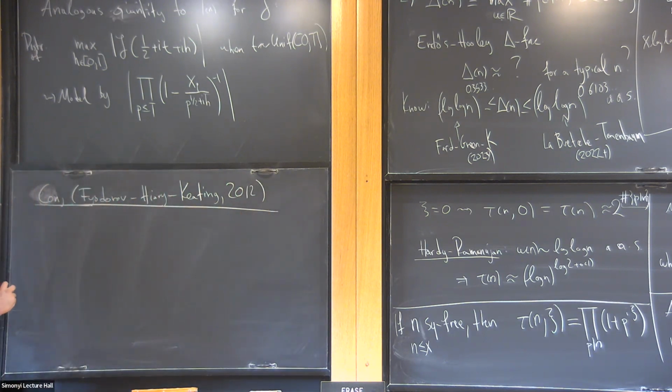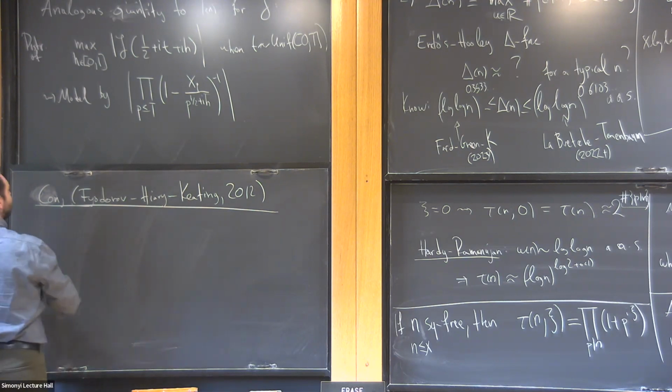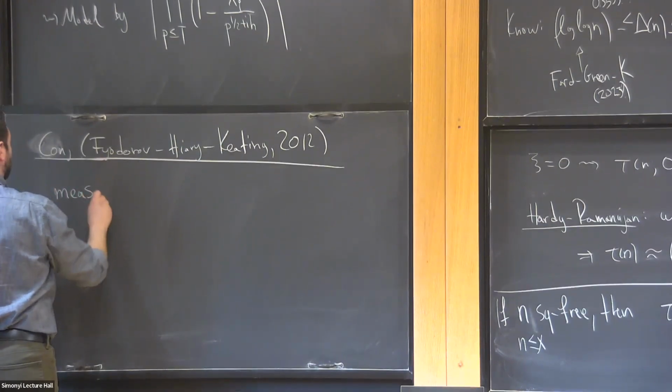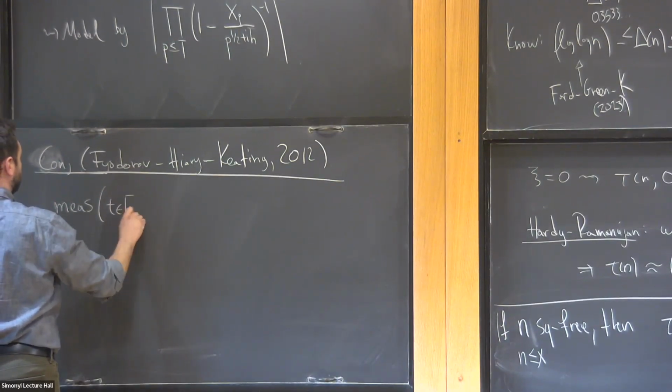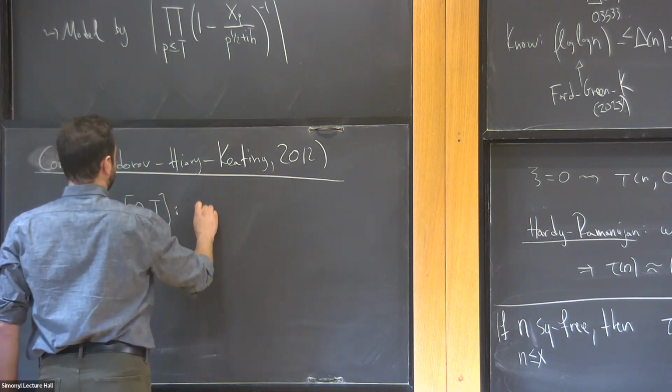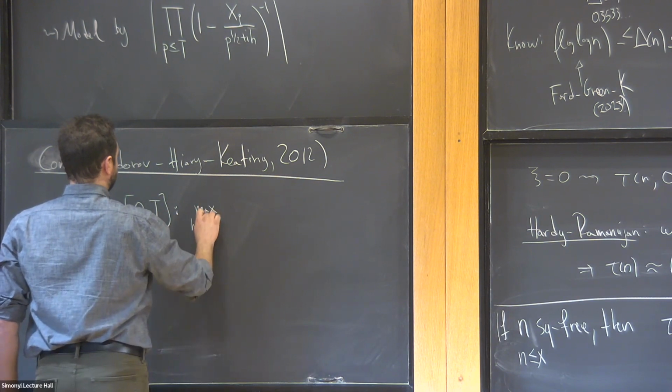They conjecture that this maximum is almost surely given by something. Actually, they have a much more precise conjecture. They say, if I look at the measure of t between 0 and T such that this maximum is